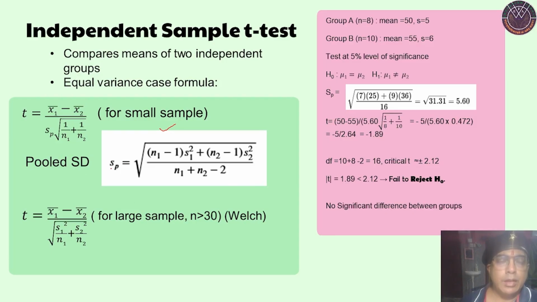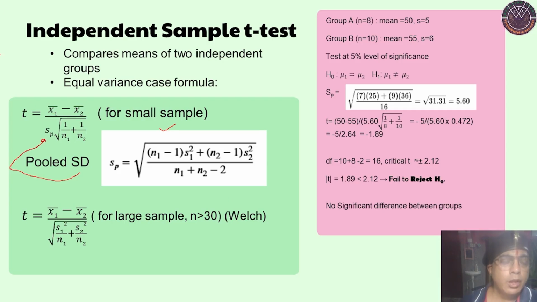So the pooled standard deviation formula is: n1 minus 1 multiplied by the square of the standard deviation of the first group, plus n2 minus 1 multiplied by the square of the standard deviation of the second group, divided by n1 plus n2 minus 2. So we will get the pooled standard deviation. Then you take this pooled SD and put it here,